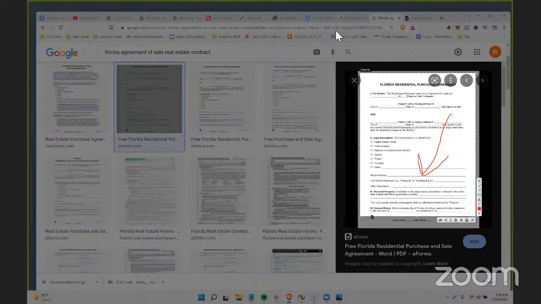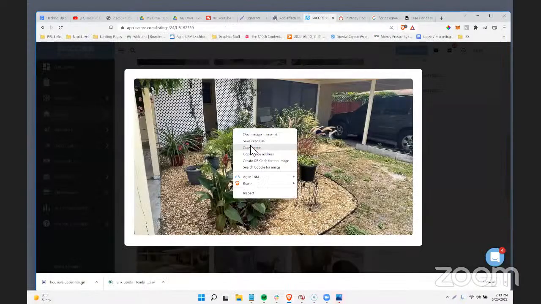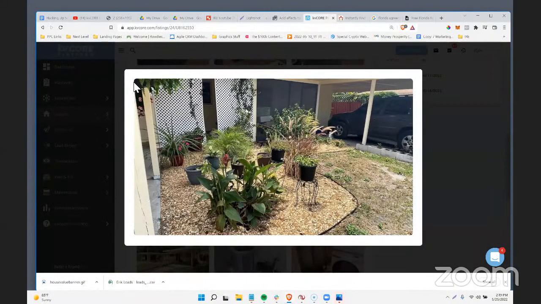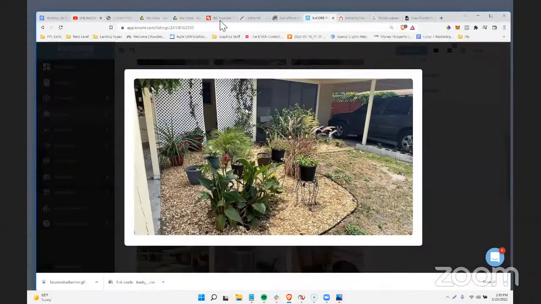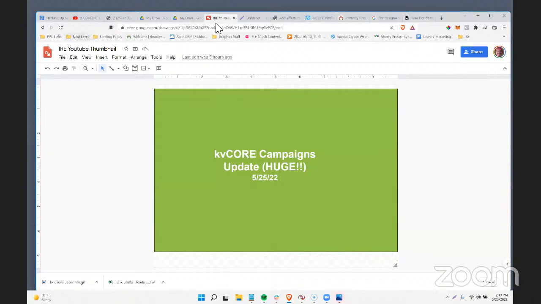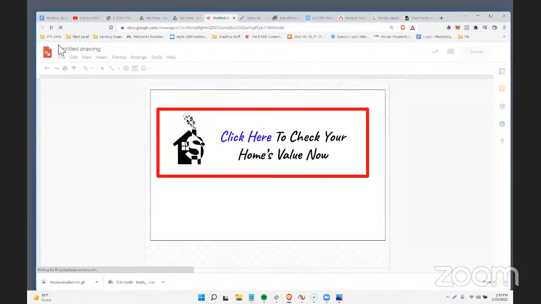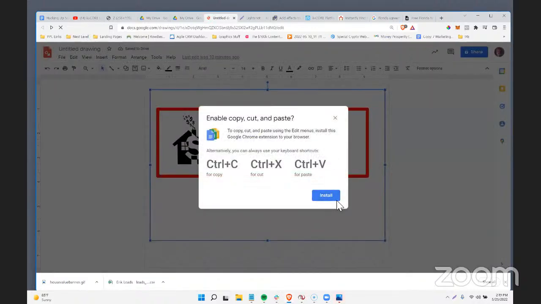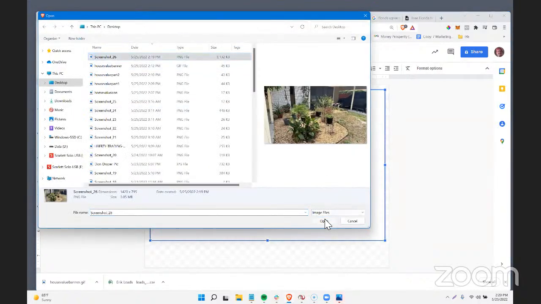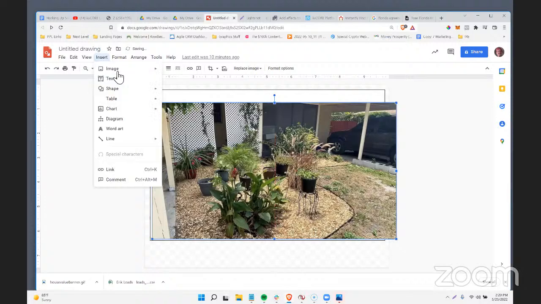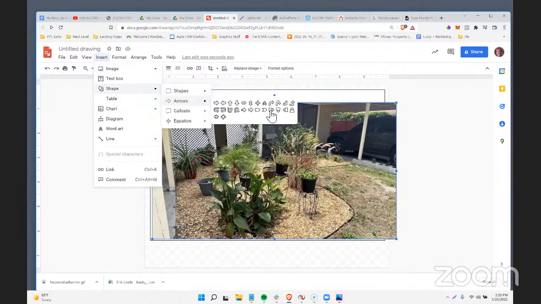I think for the image example, I would probably use Google Draw instead. Let's do this again. Save this on the back down here. So, image, upload. So we might do something like this. And then if we want to do arrows, we can use Google Draw. It's probably more appropriate. And I can do a shape. I can do insert shape, arrows,